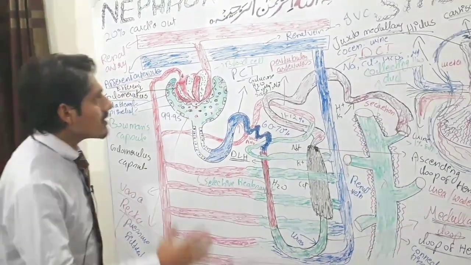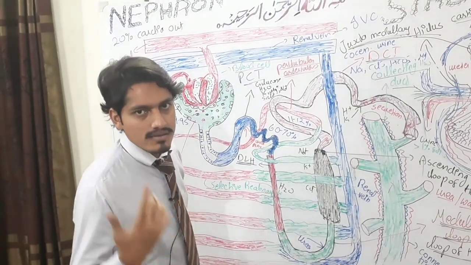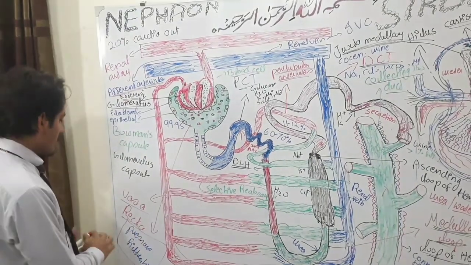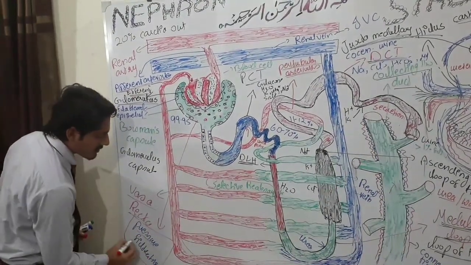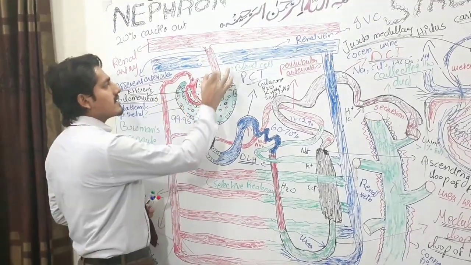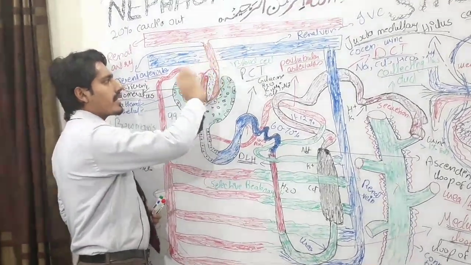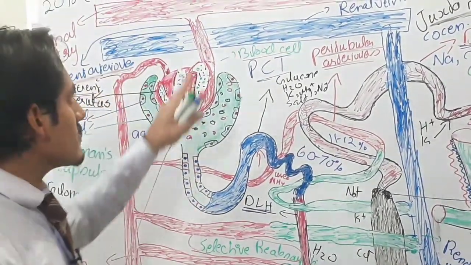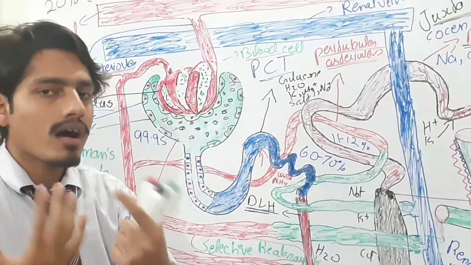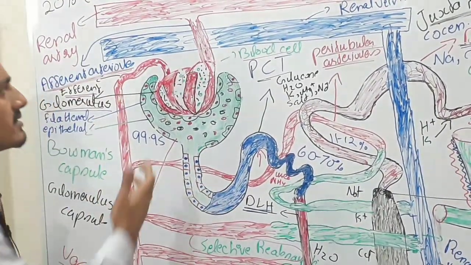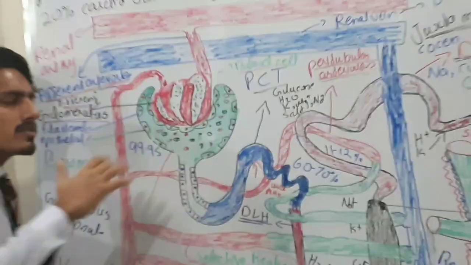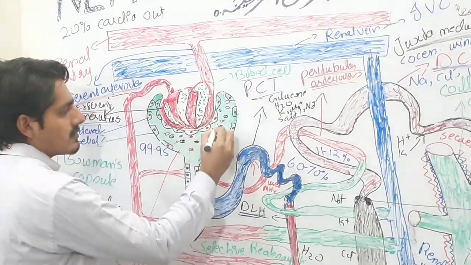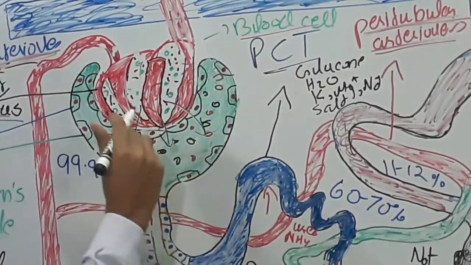Next is how our nephron works or functions in the kidney. There are three processes in the functioning of the nephron. The first one is pressure filtration. You know the afferent arteriole has a larger diameter compared to the efferent arteriole. Here the blood pressure is much higher. When blood comes into the capillaries, due to its high pressure, this forces all the filtrate into the glomerular capsule.